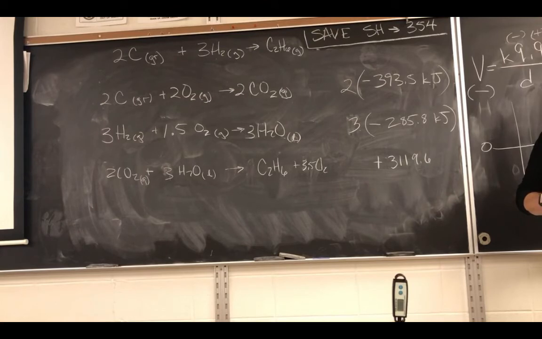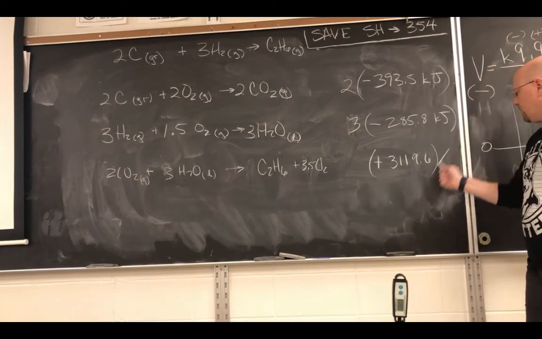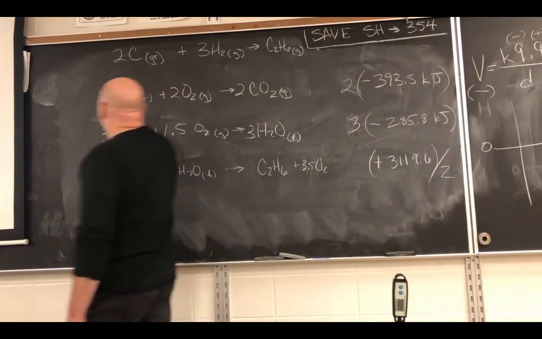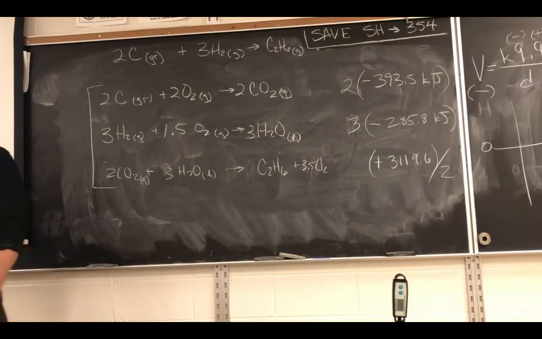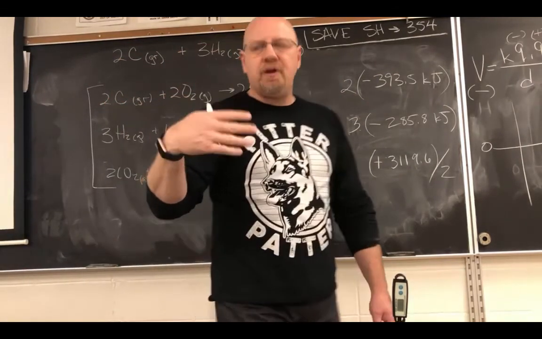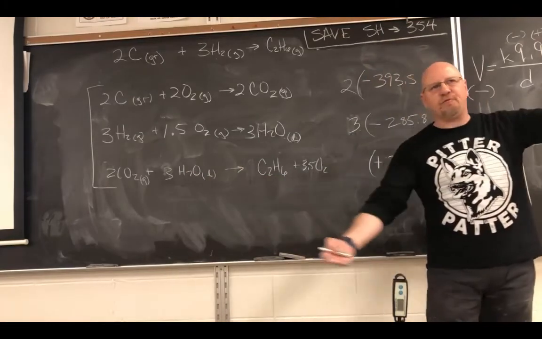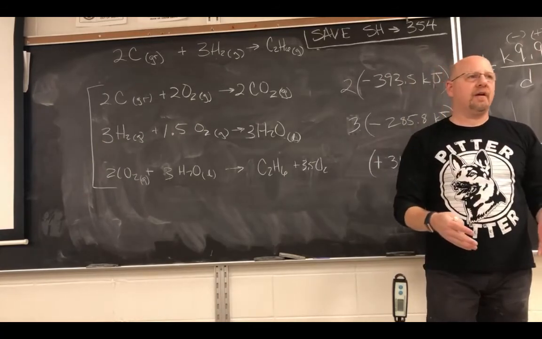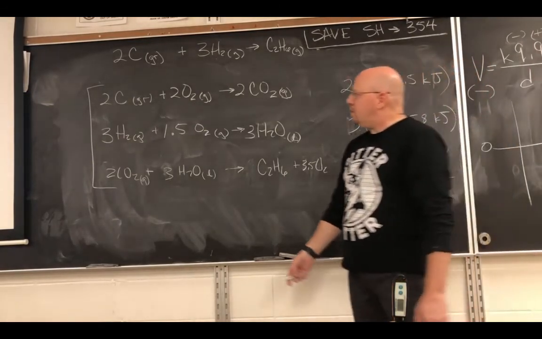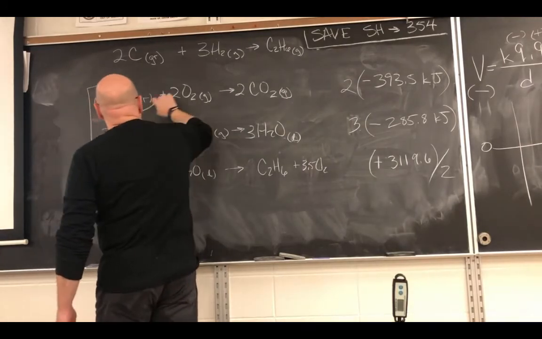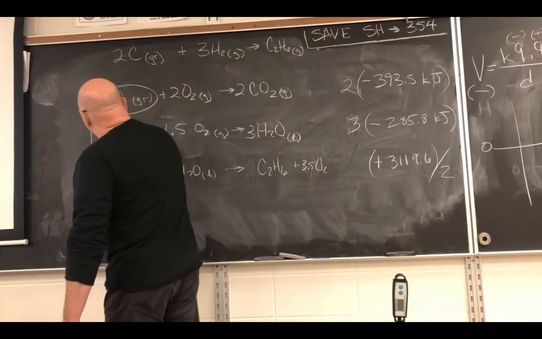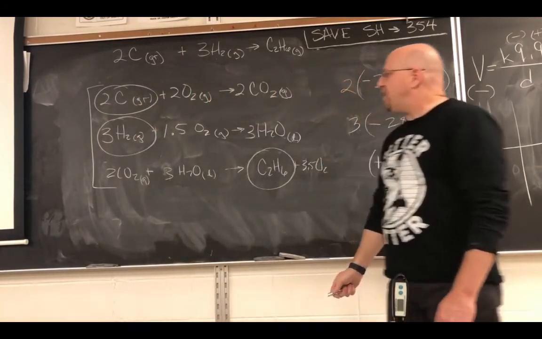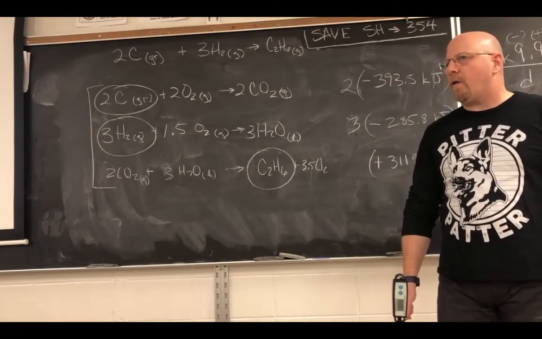How do I know this is right now? Oh, and we've got to divide this by 2. Because if we go through and we combine these 3 equations, just like what we did with the redox reactions, remember when we took the 2 half reactions and we brought them together, and we cancel out the stuff that's the same on both sides, we combine the same thing on the same side. I need 2 graphites. I don't need to do anything to it. I need 3 hydrogens. I got those. And I need 1 ethane. So the things I have circled, I don't want to do a thing to. All of the other things need to